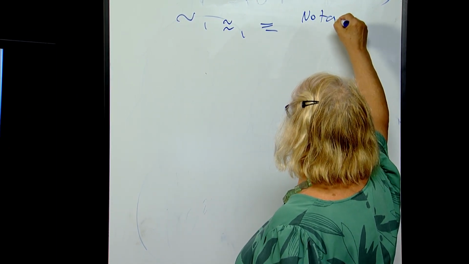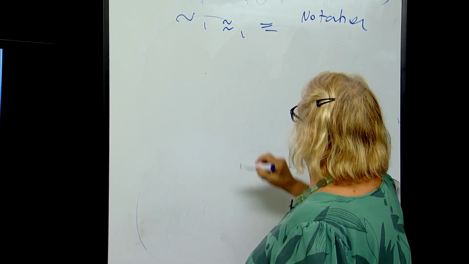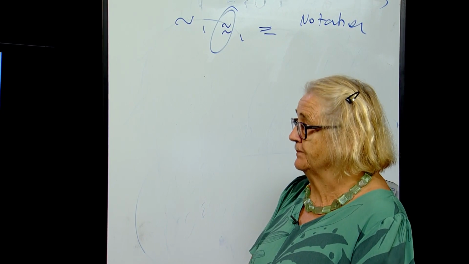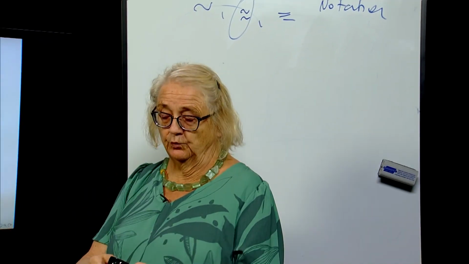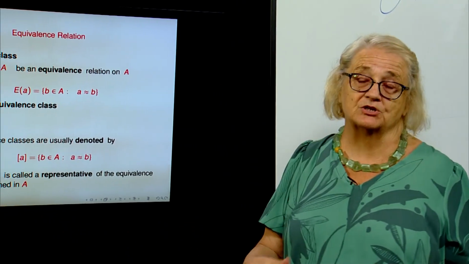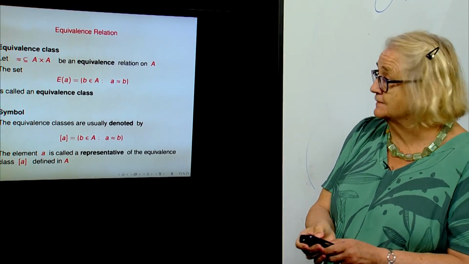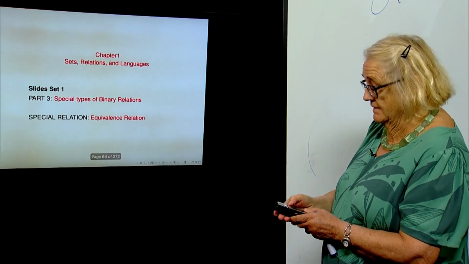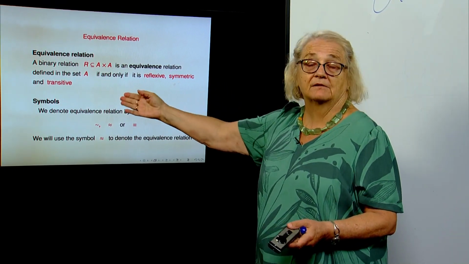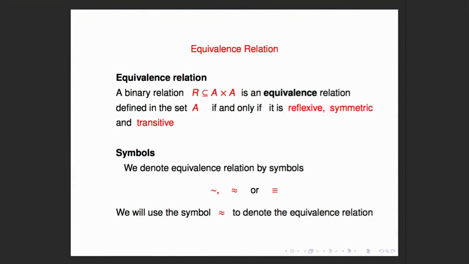Notation. I think we will use this one more often. So we will use that symbol to denote equivalence relation. And what is an equivalence relation? It is reflexive, symmetric, and transitive. So any relation which is reflexive, symmetric, and transitive is called an equivalence relation, and we use